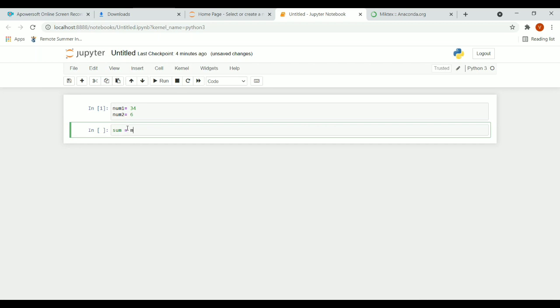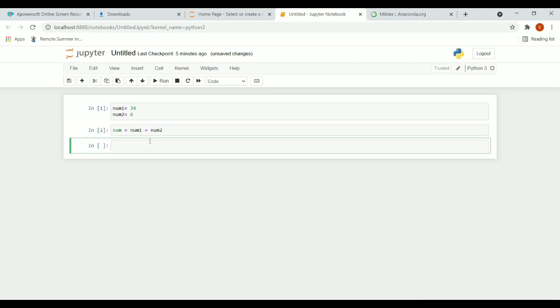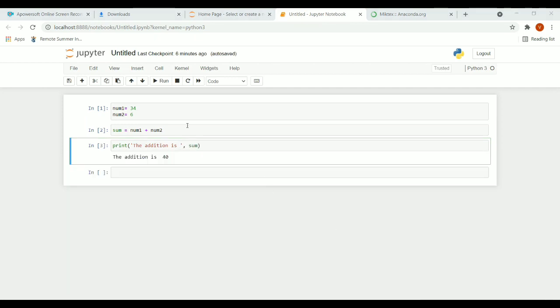So sum is equal to num1 plus num2, and now we'll just run this, and now we'll print the addition is, so the addition is here. We'll print the addition, so you can see the addition is being printed.